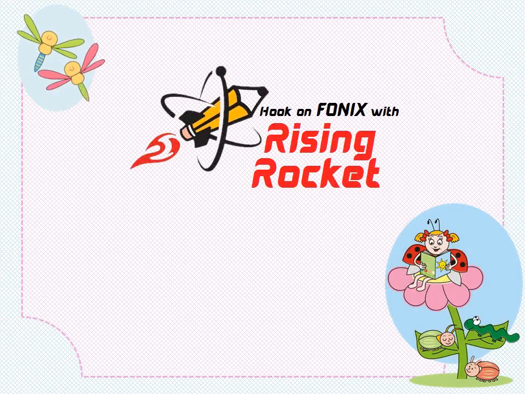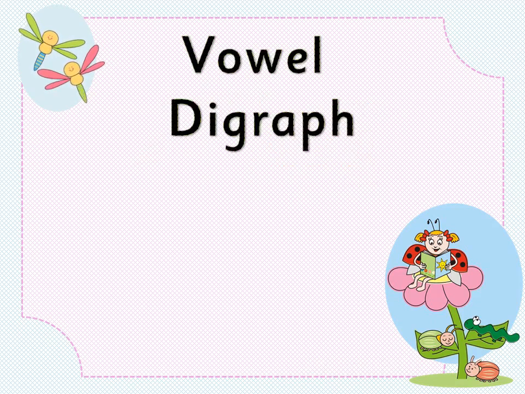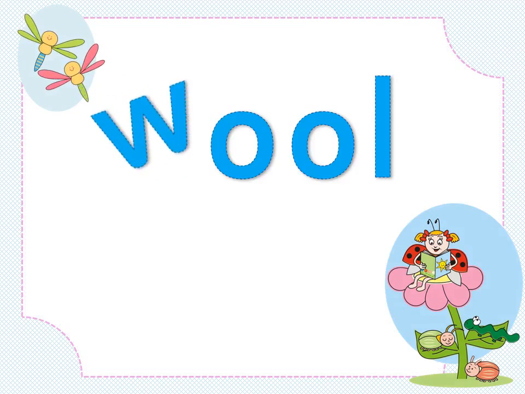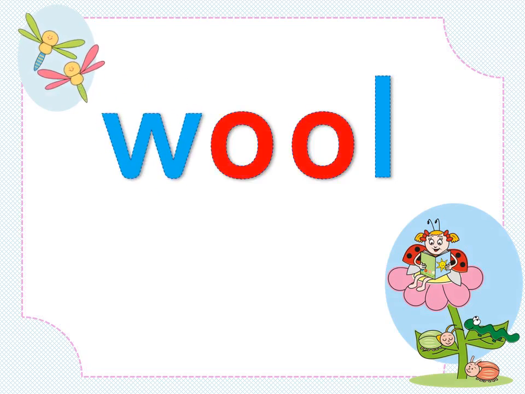Welcome to my channel. In this video we will learn about digraphs. As you all know what digraphs are, so we'll just begin with vowel digraph. When vowel O is twice in a word, it makes the sound oo and oo, as in w, oo, wool,